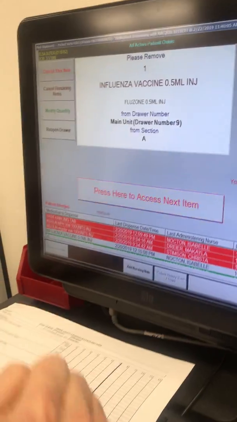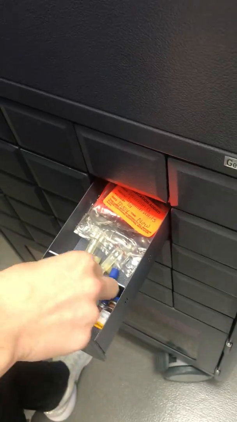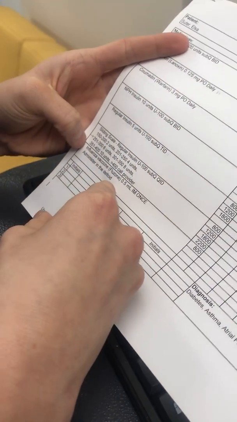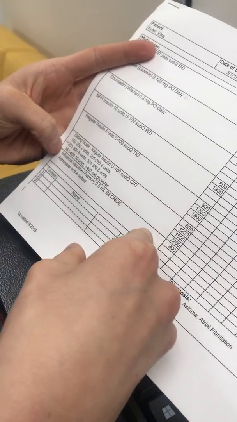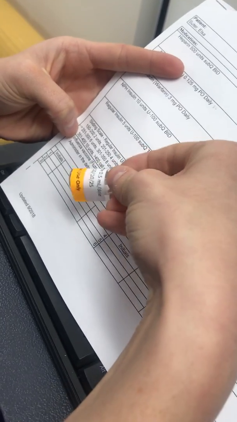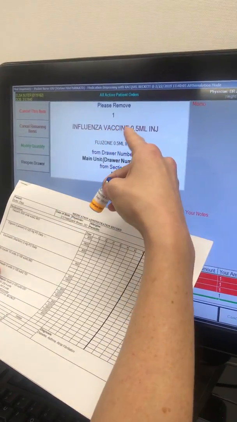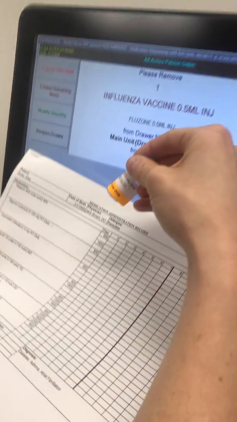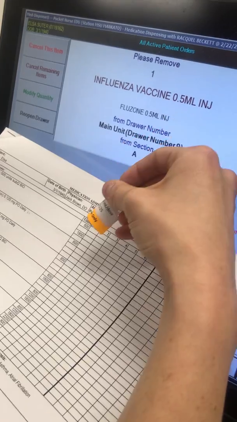access next item. We have our flu zone, and it's in section A. So I'm going to compare that to here. Flu zone, 0.5 milliliters, IM once, 8 a.m., administered in the deltoids, Elsa Sutter, no allergies, and then expiration, 10-10-25, vaccine, 0.5 milliliter dose, that matches up there. Then we just want to make sure it matches up here. Influenza zone, 0.5 milliliters, 10-10-25, not expired, right patient, no allergies, that is also correct. And then we'll shut that drawer and